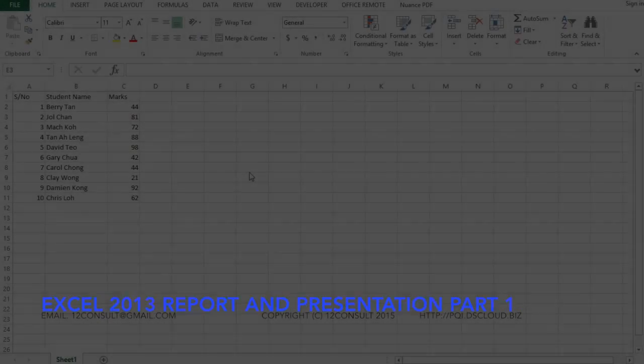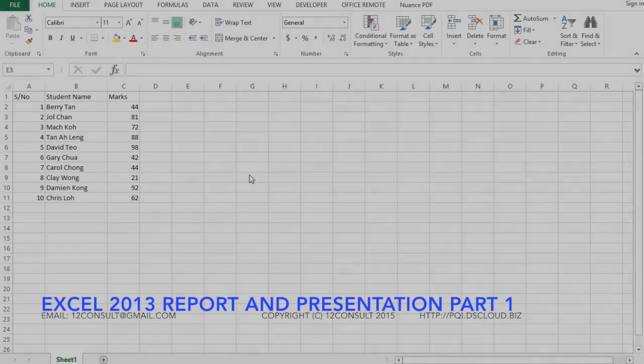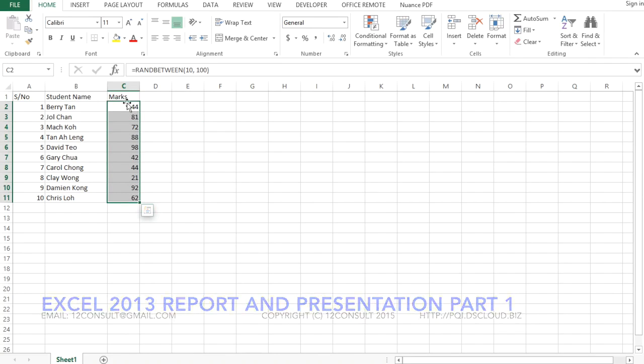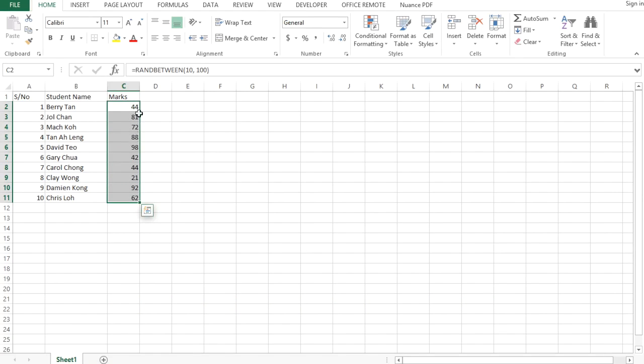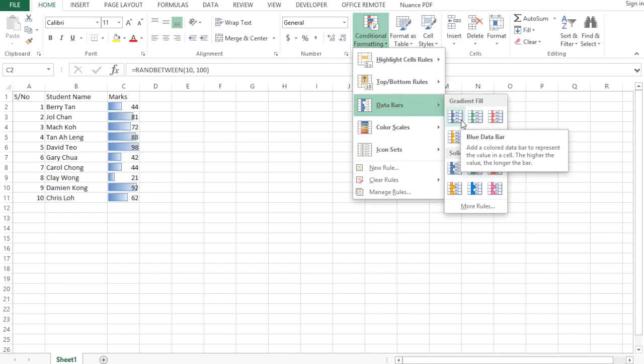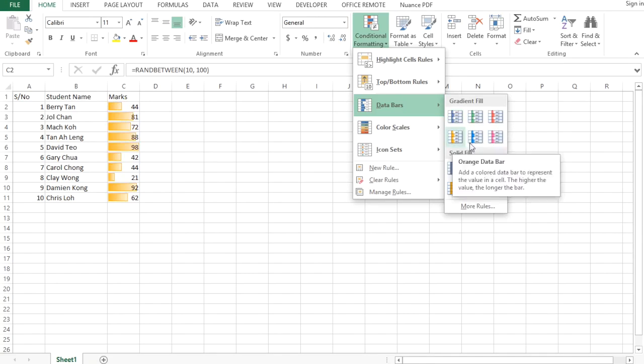About the conditional formatting to enhance the visualizations of the marks, in this case being represented here through some graphical visualization. Let us begin by selecting the columns that we are concerned with. Select conditional formatting. Use data bars and just select any ones that we like. Click on it,